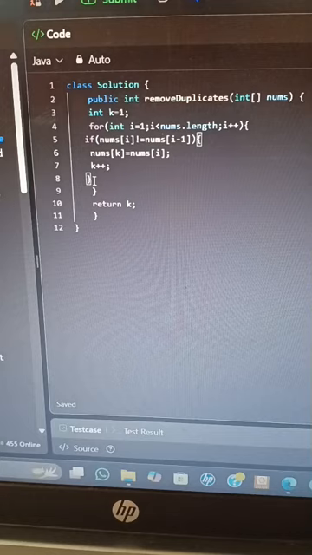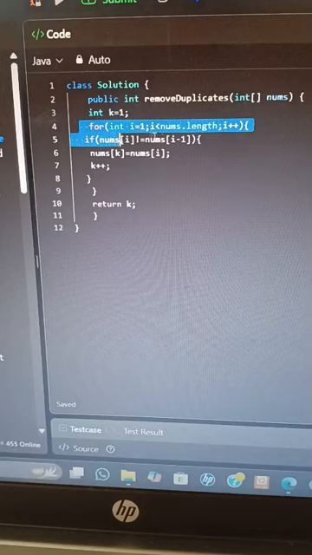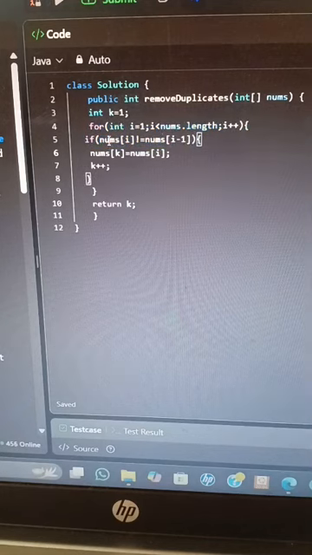So I'm using two pointers, first k and i. I initialize k as 1, because the first element is always unique, that's why. So now I am traversing through the array, and whenever I find the current element is not equal to the previous element, means that current element will be my unique element. So I will store in nums the current element, and I will update the k, and simply I will return the k,